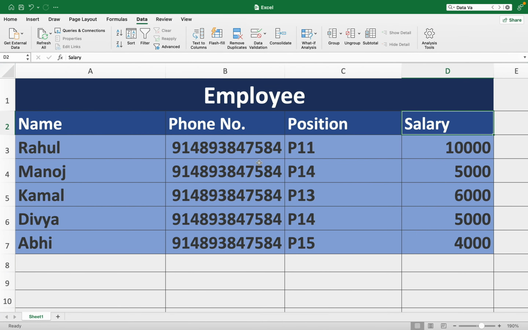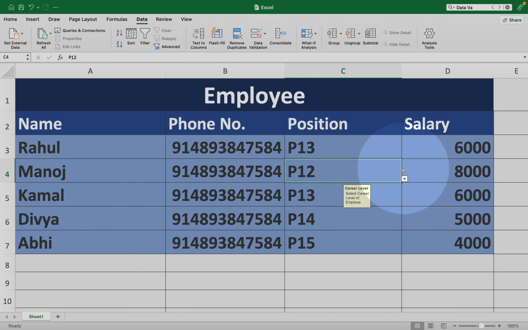Let's take an example. In our previous video we created a picklist for positions, and in that we have defined some values for the positions. Now we want to store and show the salary of an employee based on their position. Like this, when the position is changed or updated, then the salary will update automatically based on the career position. So let's quickly proceed with the next step.